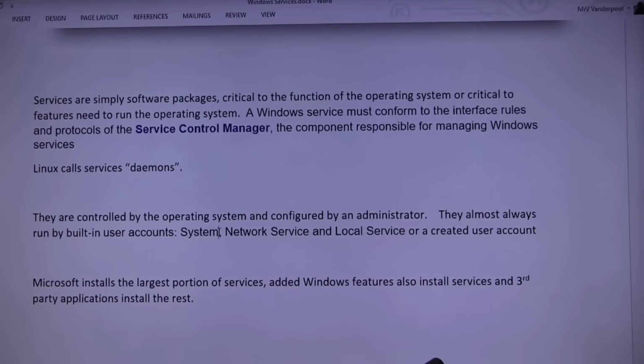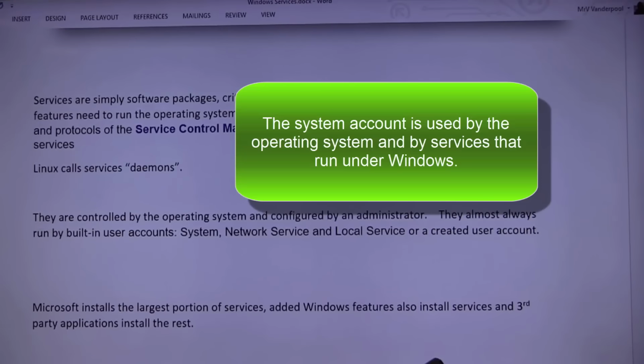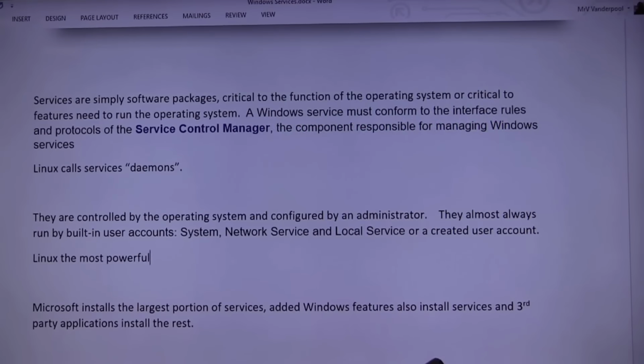In Linux, we don't call it system user, we call it who? What is it called in Linux? Root. It's called root. So the most powerful user account, in Linux, we don't call it system account, we call it the root account.